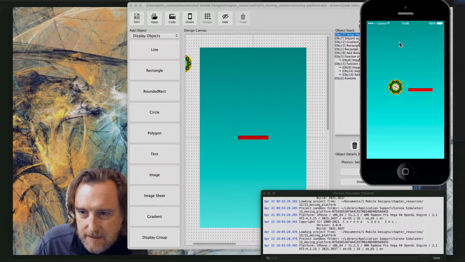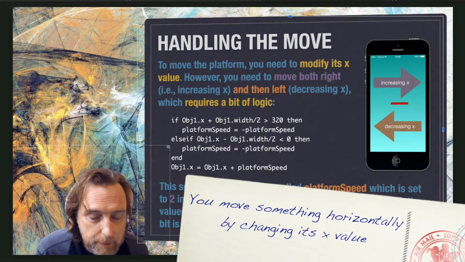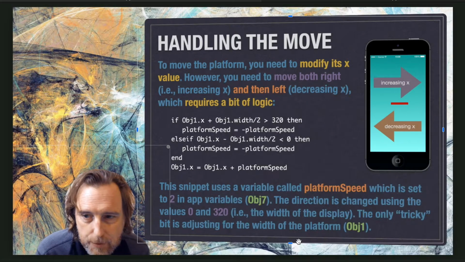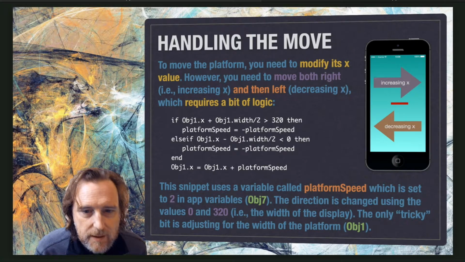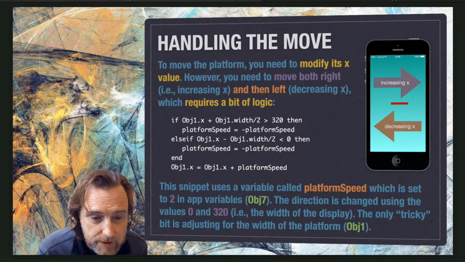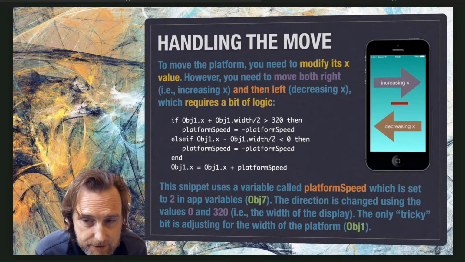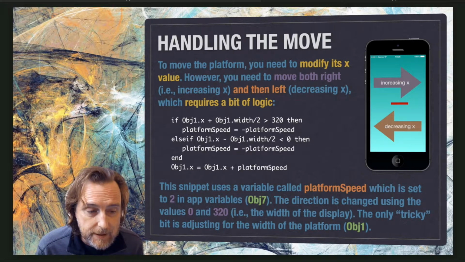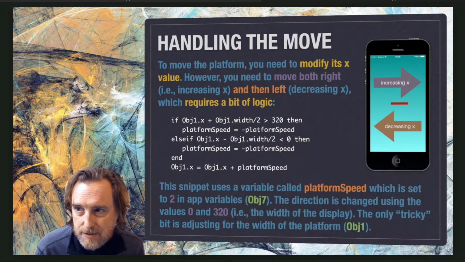So how do we get a platform to move? The basic idea is that if we want the platform to move to the right, then we add some number to its x location. In this example, the platform is object 1. That red rectangle is object 1. So when I want it moving to the right, I'm going to add a number to it, and that number is a number of pixels that it will shift to the right, 30 times a second. So you don't want a big number. I normally start out with a 1 or a 2, and then just see if that gets me the speed